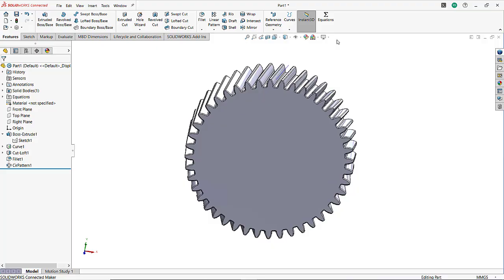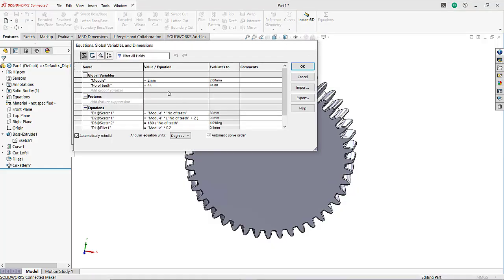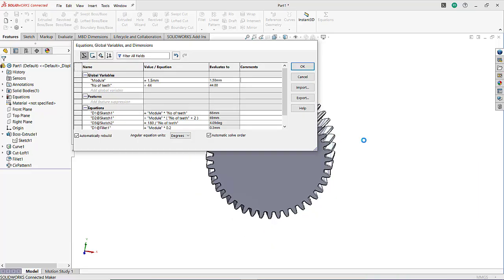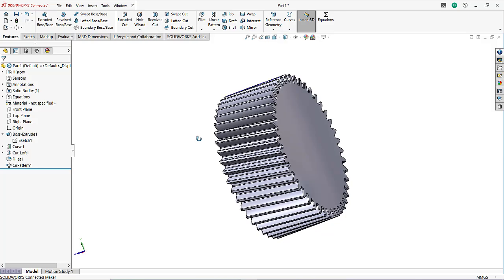Like let's change the module value to 1.5 mm and click OK. You will observe that the gear parameters are changed. And this way, we create the helical gear